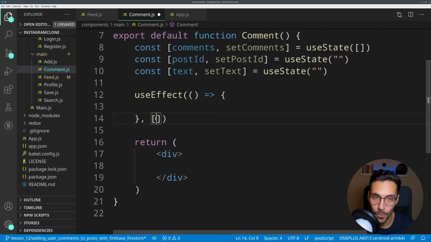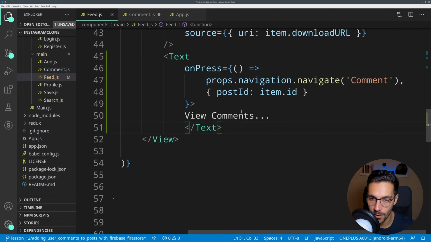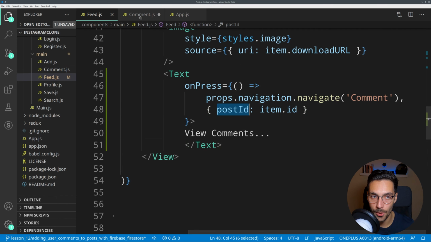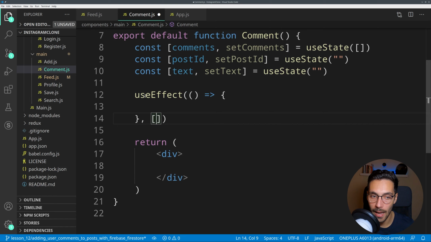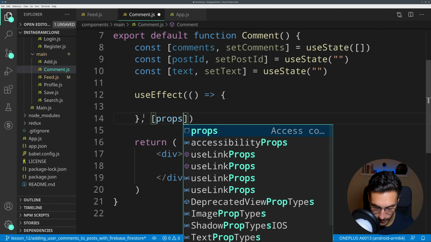So in this case, we want this function to be updated whenever this postId changes. So whenever the postId changes, everything that's inside here, which will be the calls to Firebase, must get updated. So in that case, we can say